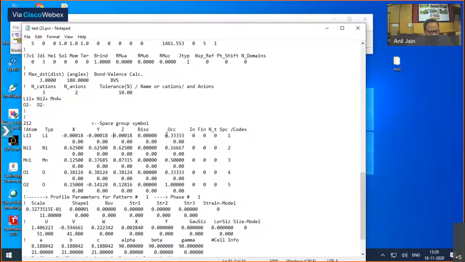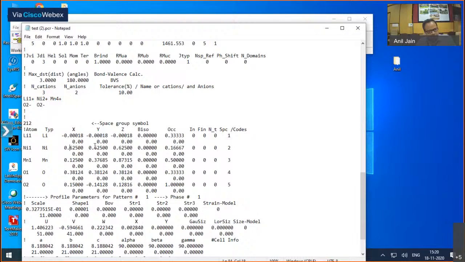And similarly now this occupancy. So this occupancy we discussed just now. The lithium in this compound goes to the 8C crystallographic position and the general position is 24. So the occupancy for the lithium becomes 8 divided by 24, which is 1 by 3. Nickel in this compound goes to the special site which is 4A,